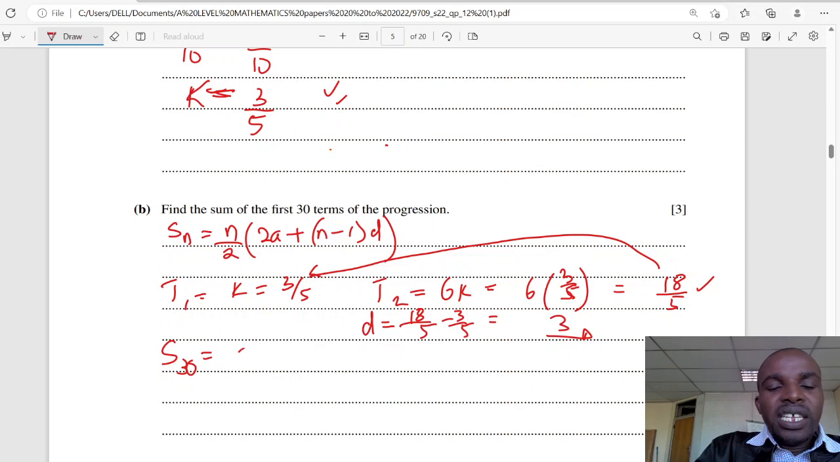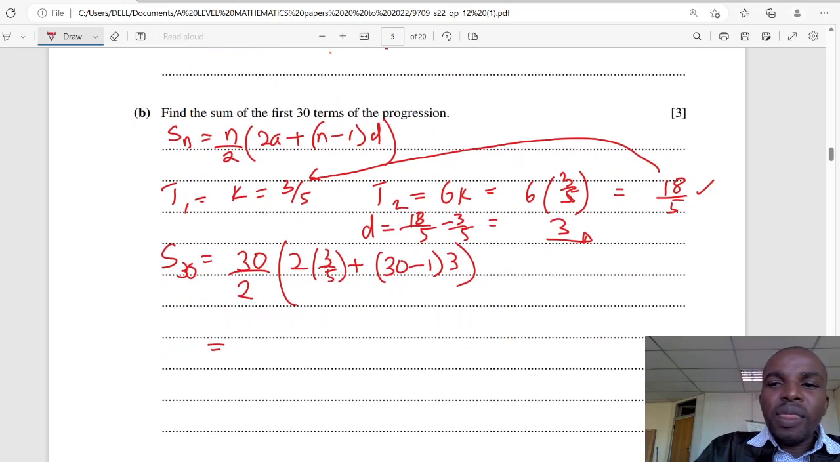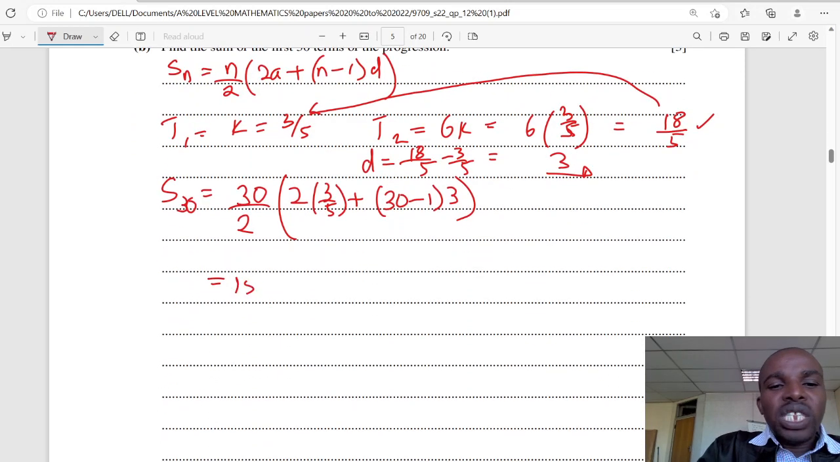So you can say here 30 over 2. Applying our formula, then 2 times first term. First term is actually 3 over 5. Plus n minus 1, which is 30 minus 1, times common difference, which is 3. So if you simplify, 30 over 2 is 15. Inside here you get 2 times 3 is 6 over 5. Then plus 30 minus 1 is 29, 29 times 3,